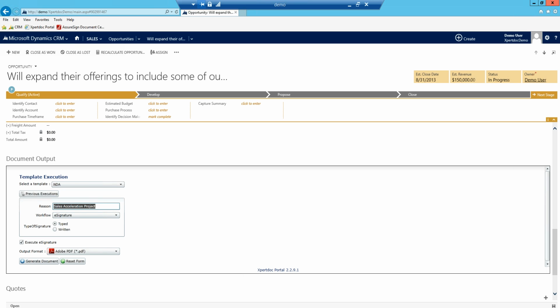And then I can actually type an NDA reason. So this is the sales acceleration project. I can pick between typed and written. And the difference is how we want the people at the other end to sign the document. And if we know that they have access to a signing pad or maybe a touch device, then we can use the written. If we're not sure about that,